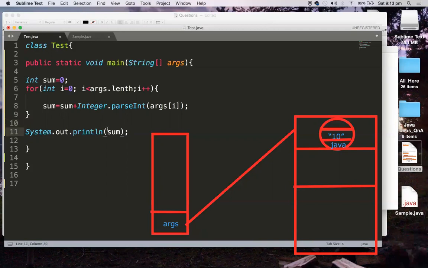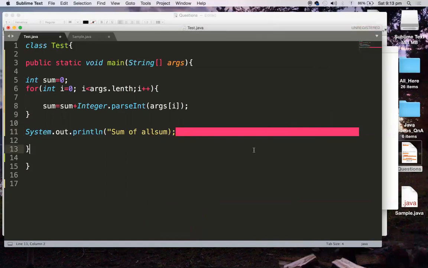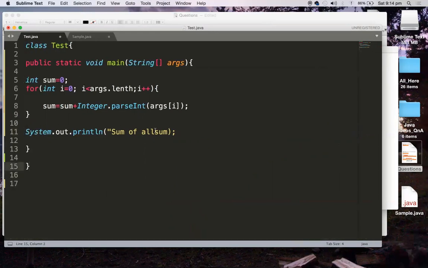So here I can write "sum of all marks". Let me clear all drawings. Yeah, so I cleared them, sum of all marks, and I'm concatenating that with the sum variable.